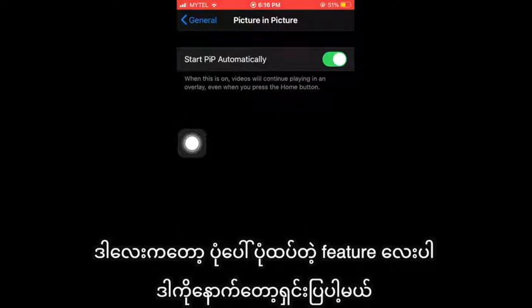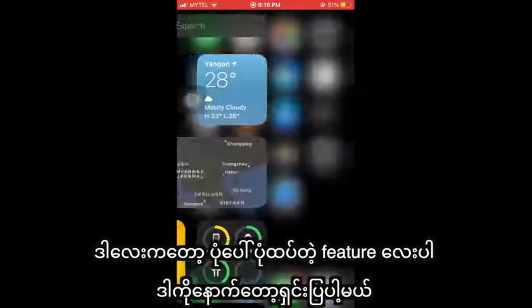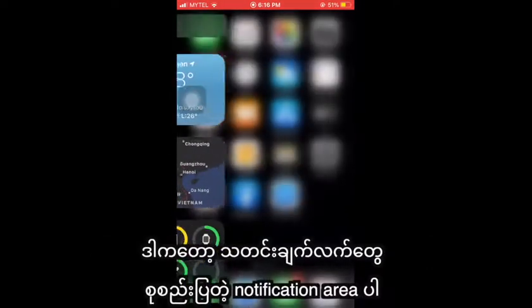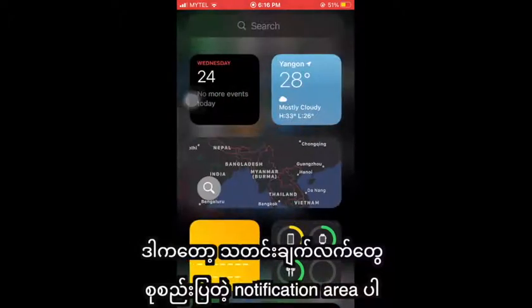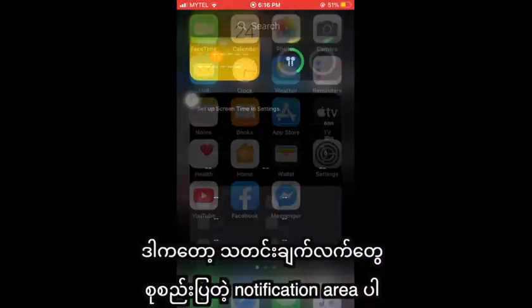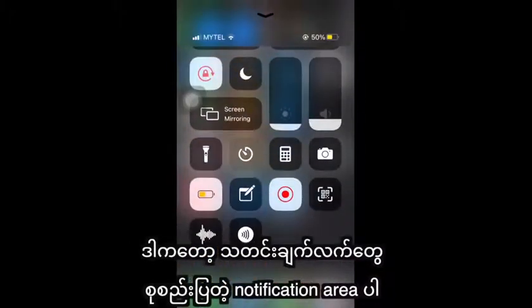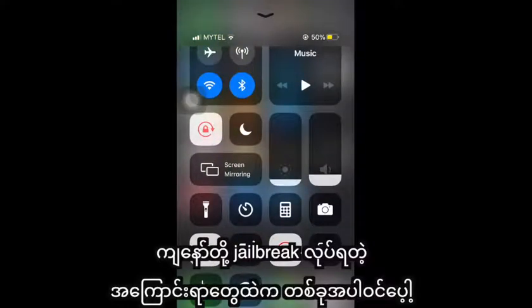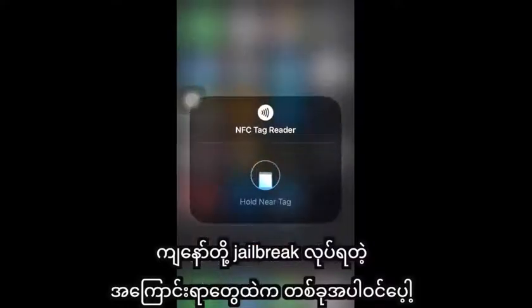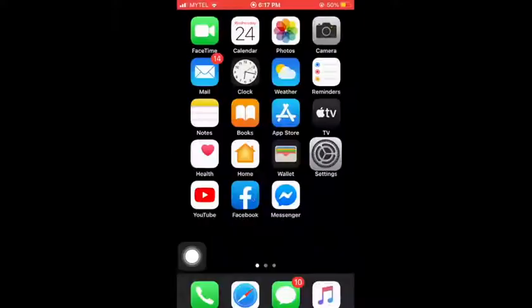This is also picture in picture. Later I will explain what picture in picture is. And here is the widget. It's nice and cool, finally really nice. We were jailbreaking because of that. Here also the NFC tag reader is already in iOS 14,